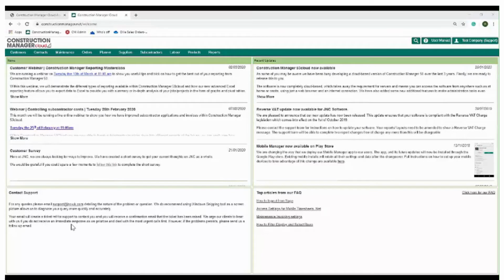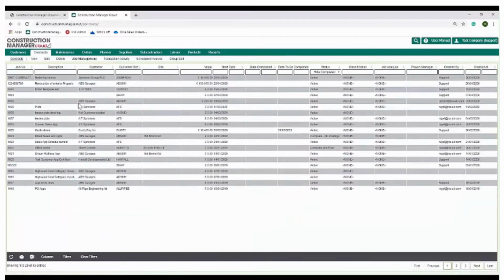Hello, in the following video we will go through how to set up a new contract within Construction Manager and Service Stream. First of all, we will need to select contracts on the top green line at the top of the page. This will list the existing contracts that we have on the system, or if you're new to the system and not entered any contract yet, the list will obviously be blank. To create a new contract, we will click on New,